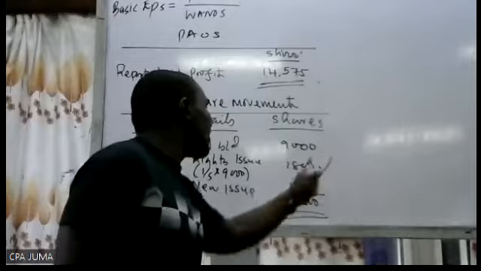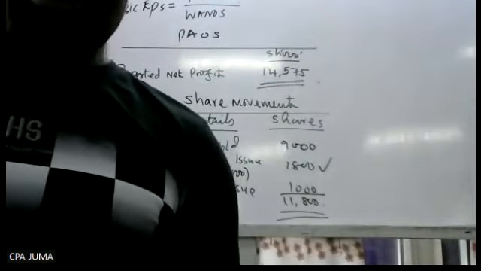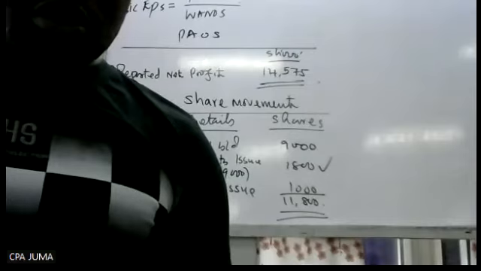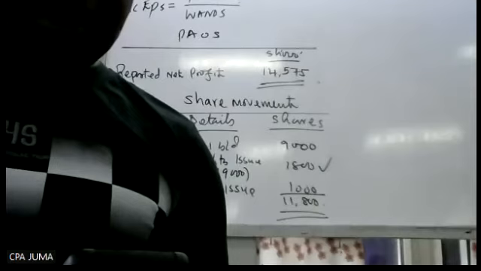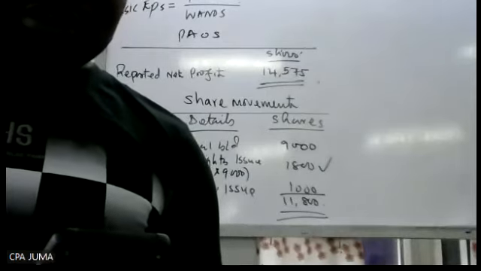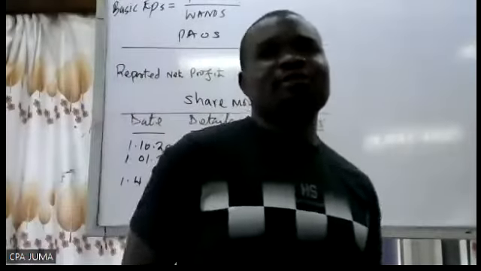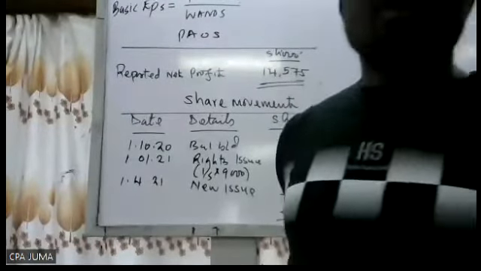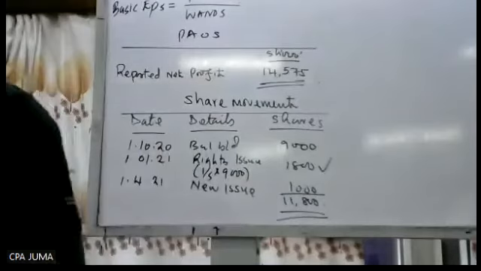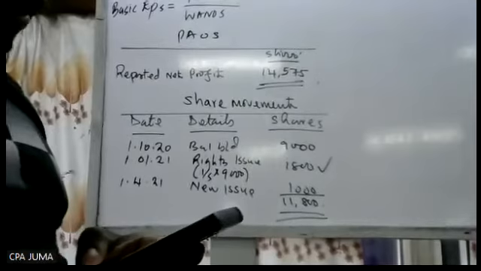Now I want you to compute for me the theoretical ex-rights price because of the rights issue. I want to do it very fast. I think I can remember that answer. We are around 4.5. Can you check if theoretical comes to around 4.5 or thereabout? It has marks, so it's part of what is supposed to be marked.